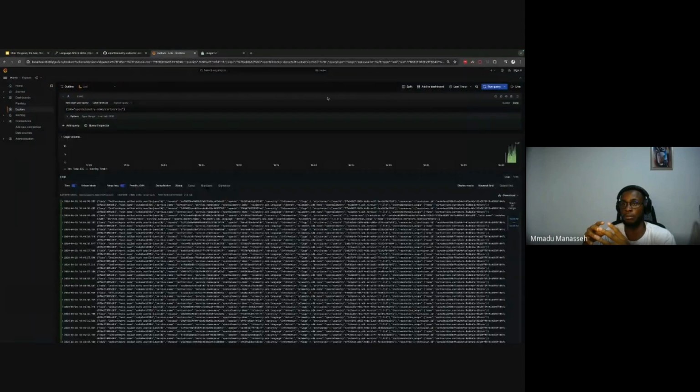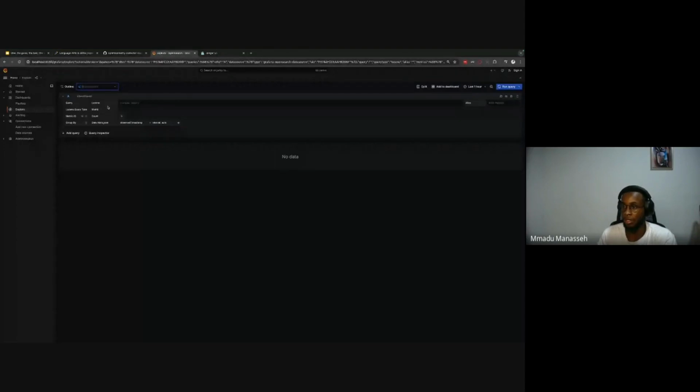I'm going to run the query, and I can see that I have logs coming from the cart service in Loki. And I can also query OpenSearch from here as well. One thing that Grafana has done very well is it allows you to create multiple backends, even without having to use the backend's UI. I can query the backend directly.